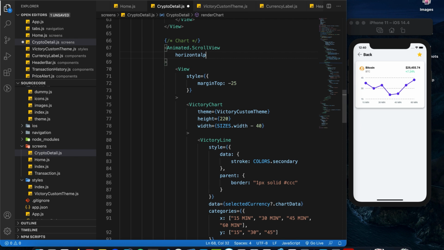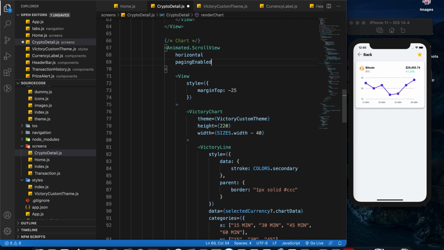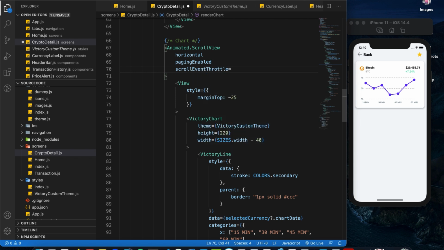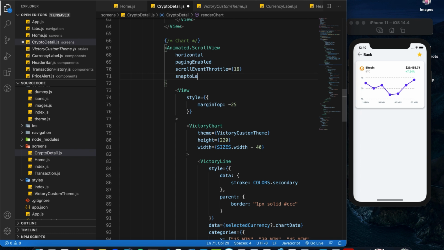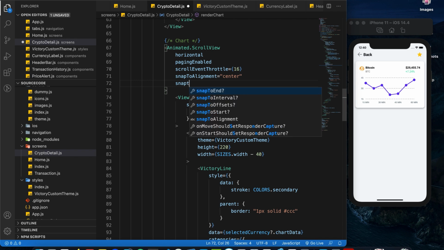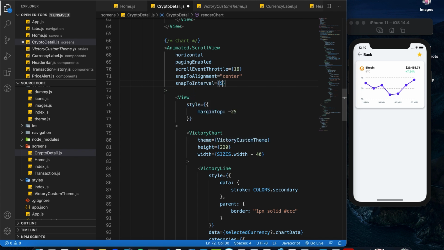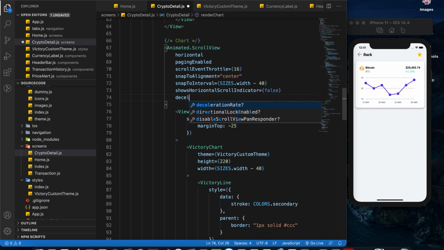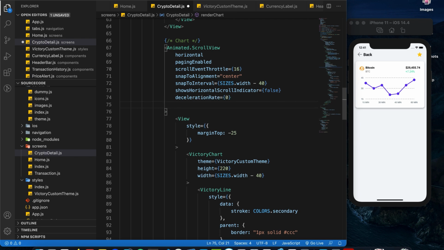Alright, so pagingEnabled, scrollEventThrottle equals to 16, snapToAlignment equals to center, snapToInterval equals to sizes.width minus 40, showsHorizontalScrollIndicator equals to false, decelerationRate equals to 0, and lastly onScroll equals to